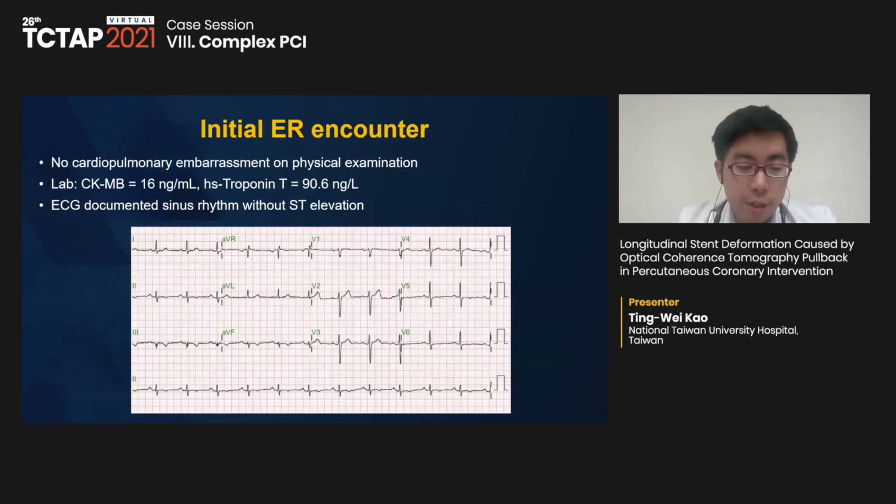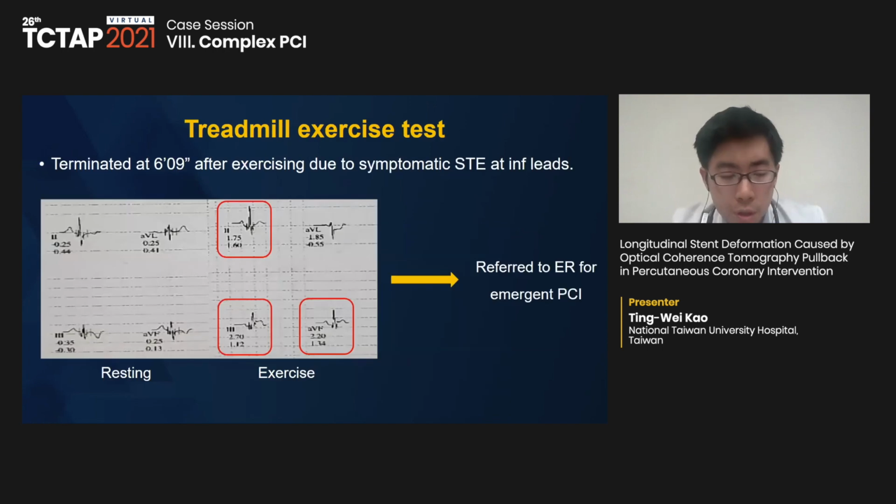At the ER triage, the physical examination documented no cardiopulmonary embarrassment. Labs came back suggesting normal CK-MB and a high troponin T level. The EKG, however, documented normal sinus rhythm without ST elevation. 2